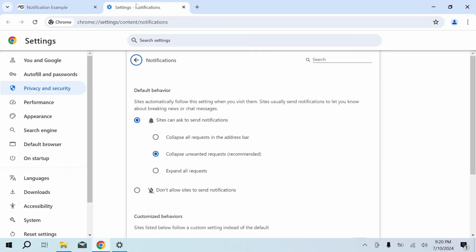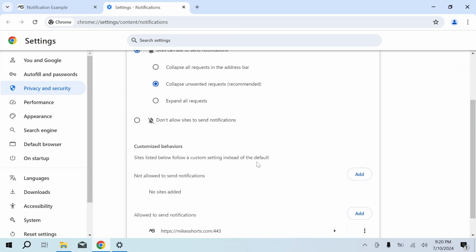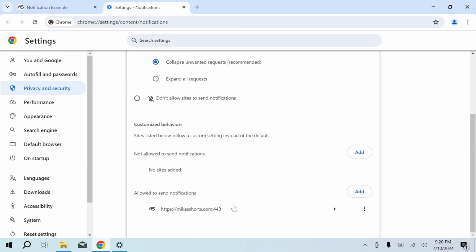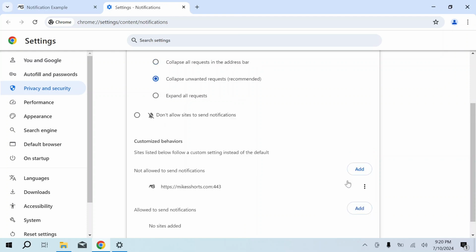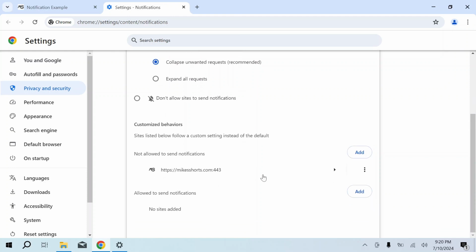And we see a tab opens, and it goes to Chrome://settings/content/notifications. And it takes us to the notifications portion of Chrome settings. And if I scroll down here, we see the website right there is set to be allowed to send notifications. I can click on the three dots and then select block, and that'll move it to the blocked list of